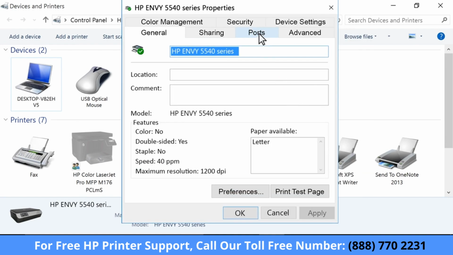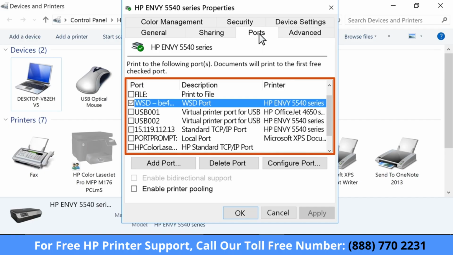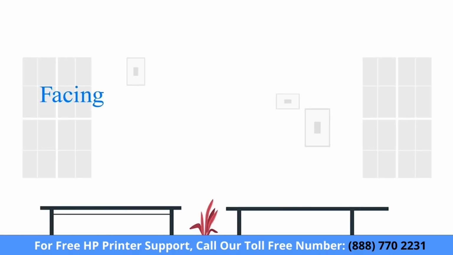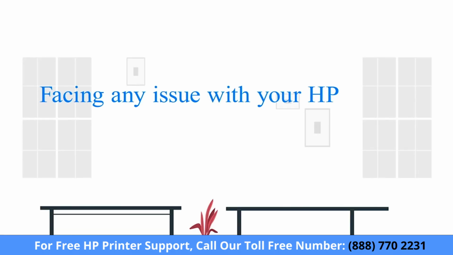Click the Ports tab. Look at the list of ports and make sure the port type matches the connection you are using. If the printer is using a USB